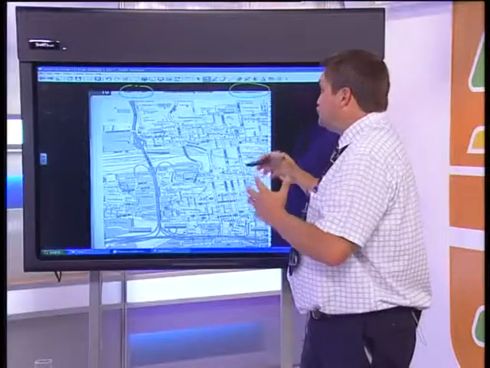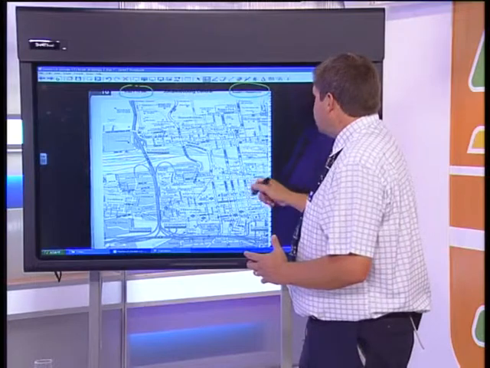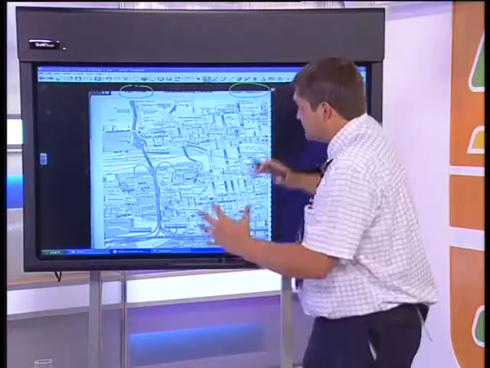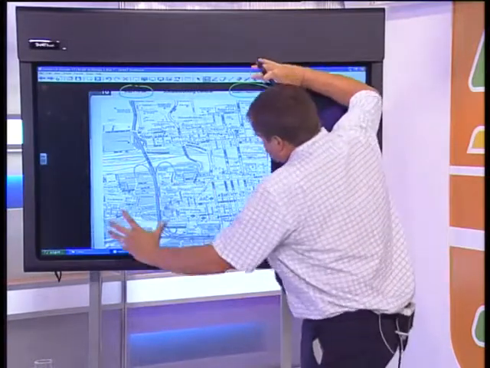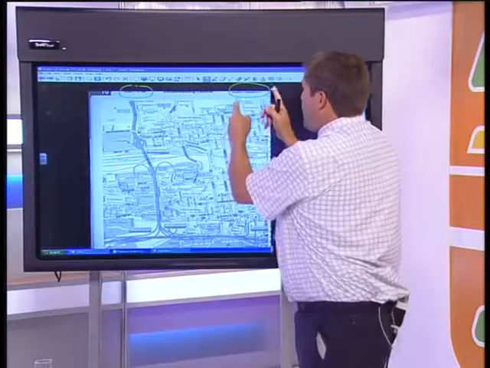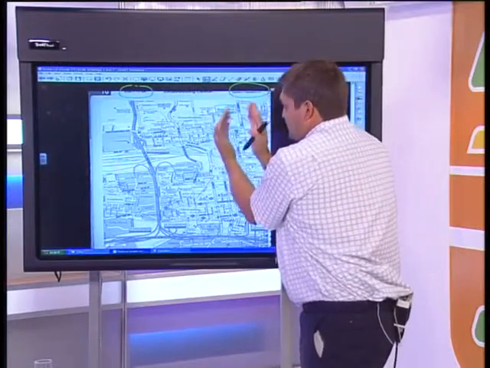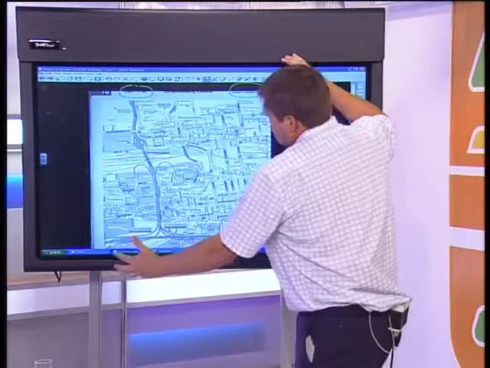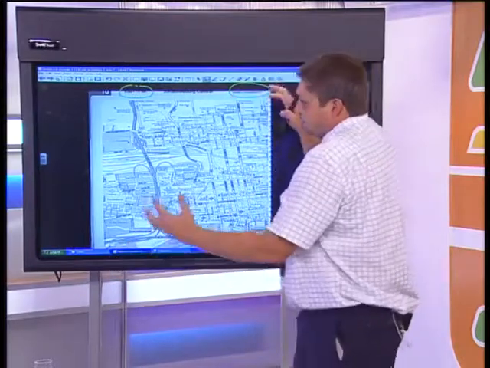Were I to reduce this map, now I don't know if this is going to allow me to do it. In fact, it's not going to allow me to do it. But were I to reduce this whole map, the words are going to stay the same, aren't they? The numbers will stay the same. It's still going to say scale is 1 is to 12,500. But the actual bar is going to diminish. So as I reduce the picture, the bar scale also